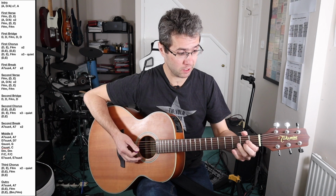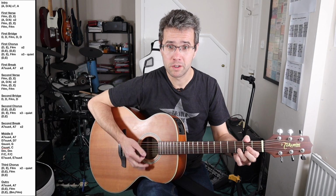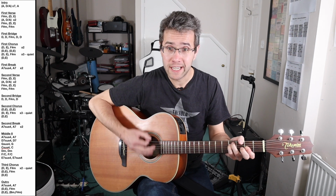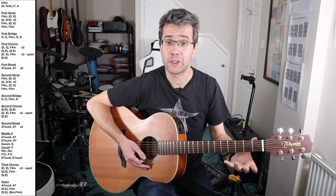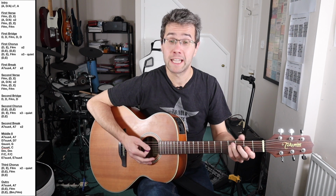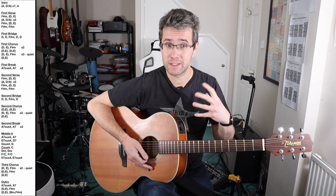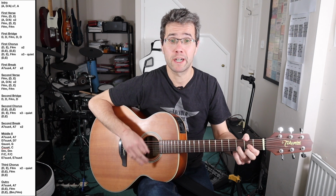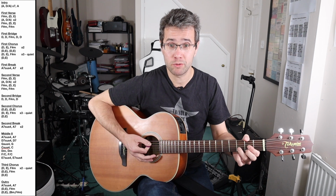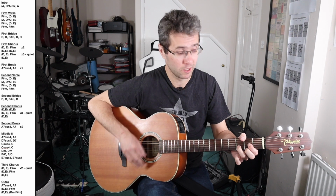It's just 2 bars of D with the mutes. Then F sharp minor with the mutes for 1 bar. Then back to D. Yeah, so that second bridge again. 1 E and a 2 and a 3 and a 4 and a...